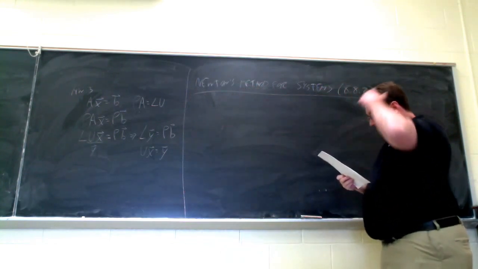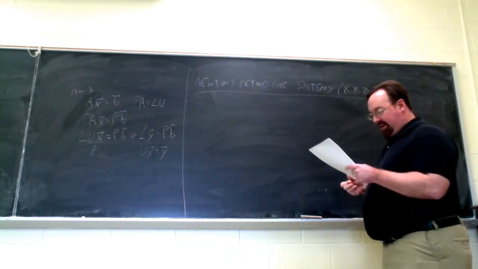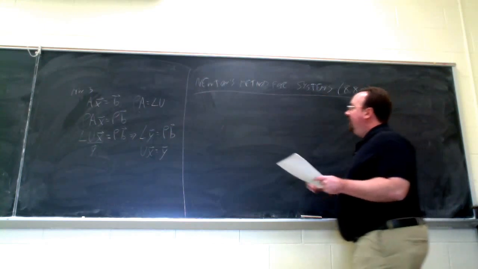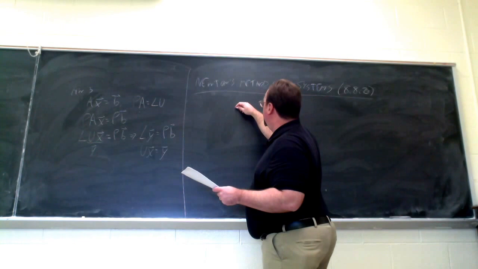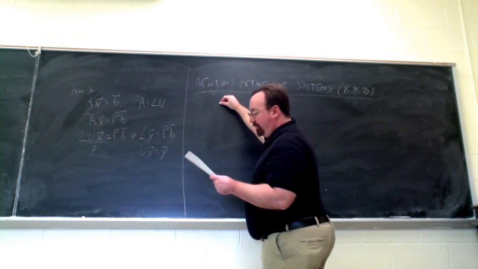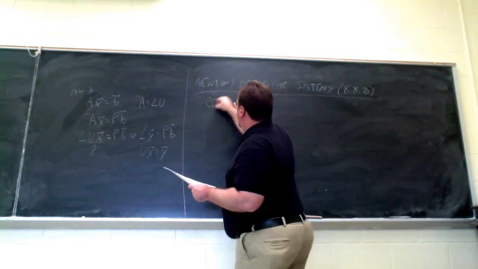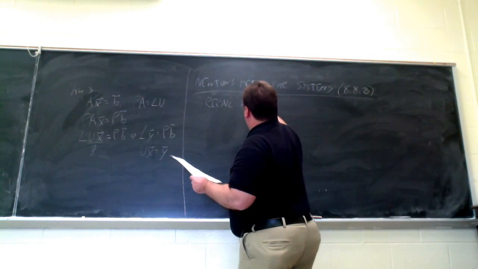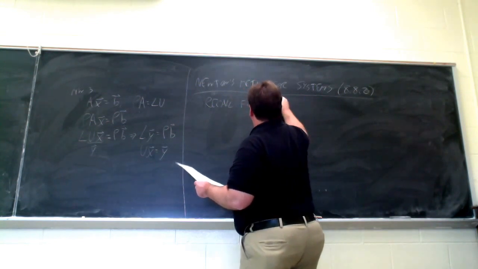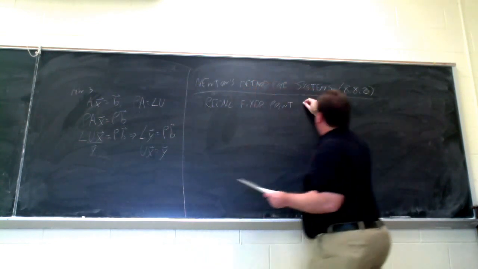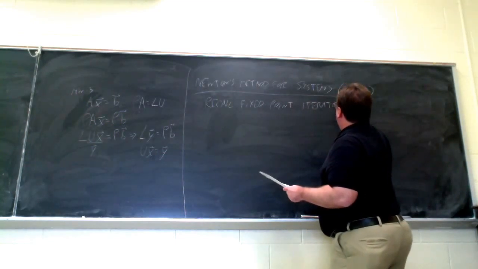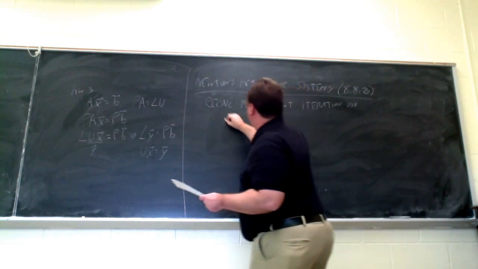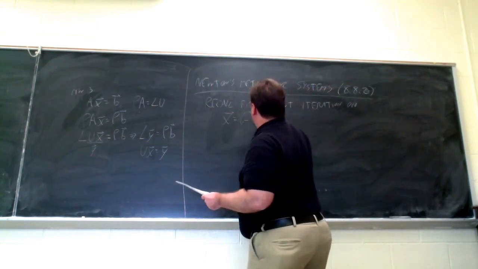First, a little mop-up from fixed point iteration, which will help us transition into Newton's. Fixed point iteration on a system x equals g of x